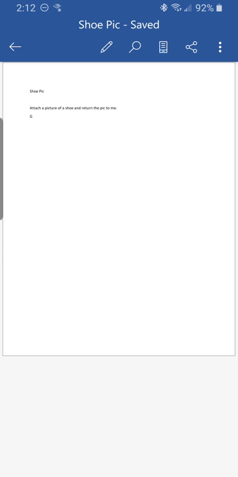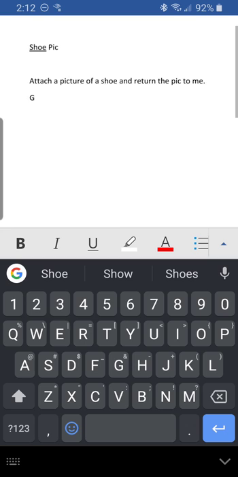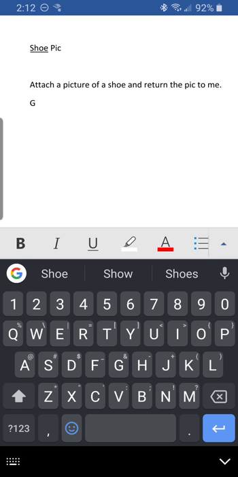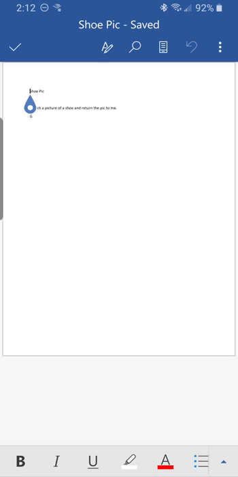Now this document, it's just like Microsoft Office on your computer, except it's on your phone, and you're going to have to get used to, especially if you don't have a laptop, using this mode of Microsoft Word. So what you do in order to edit this, to attach your picture of a shoe, is click on that little pencil icon that's in the middle up top under the word Pick here. So now I'm going to select that, and now we've got a keyboard, we've got bold, italics, we can change the color of stuff, we can even do bullets, and of course, let me click down here,